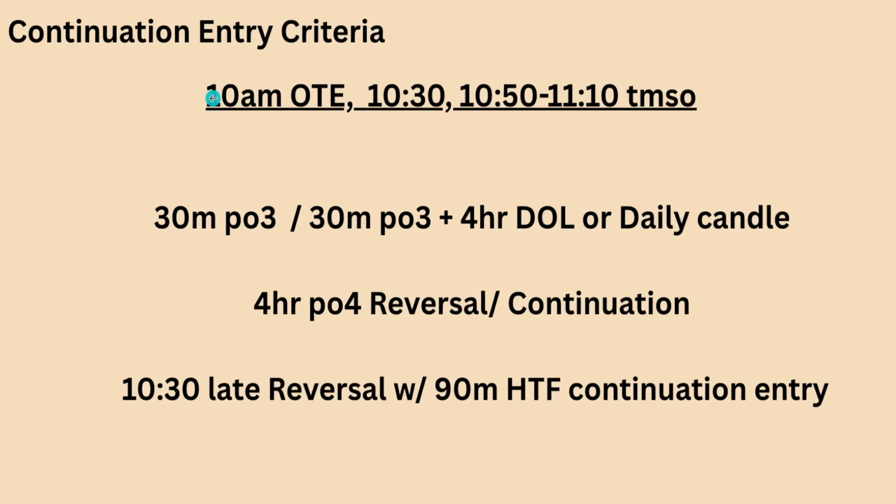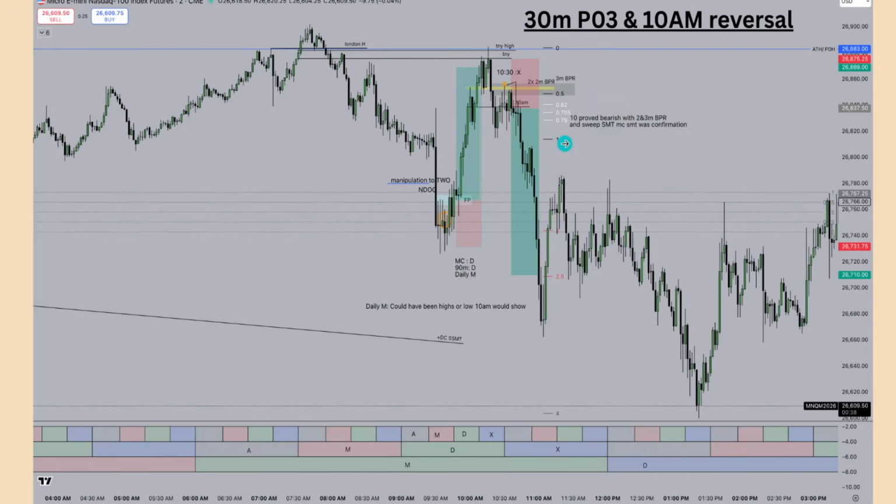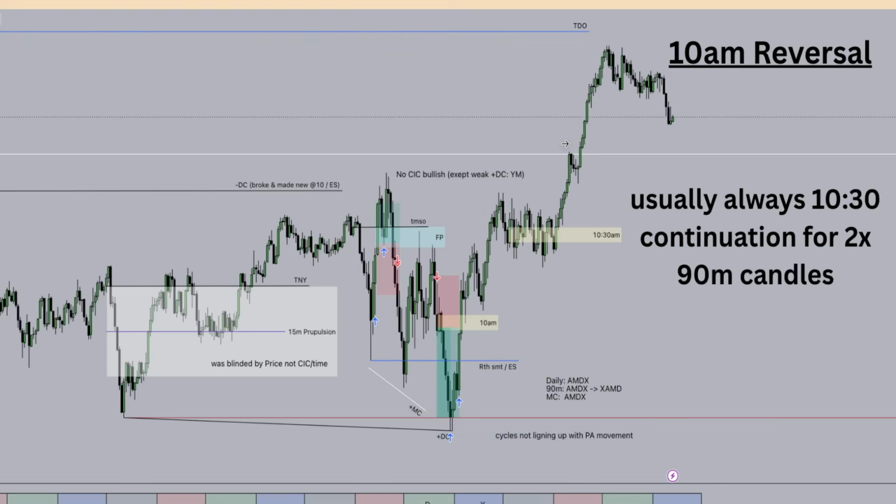We have 10 a.m., which we're looking for reversals or continuations from, 10:30, which we're looking for continuations from, or reversals if it's still there. And then we're waiting for the true microcycle open, the next true microcycle open, and actually macro, and last macro of morning that I'm looking to trade, because we have a true microcycle open here, and we're after 10:30. Usually this is when the stalling stops and our direction is chosen, because we're going into the distribution cycle of